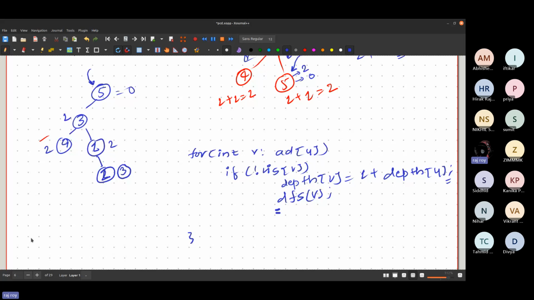Randomly pick a node, do a DFS traversal, fill the depth array, find the node having maximum depth, and from that node again do a DFS traversal and again fill the depth array and find the maximum depth you got, and that will be the diameter of the tree. The idea is pretty simple, and there is a question to be done. There is a pretty similar question,